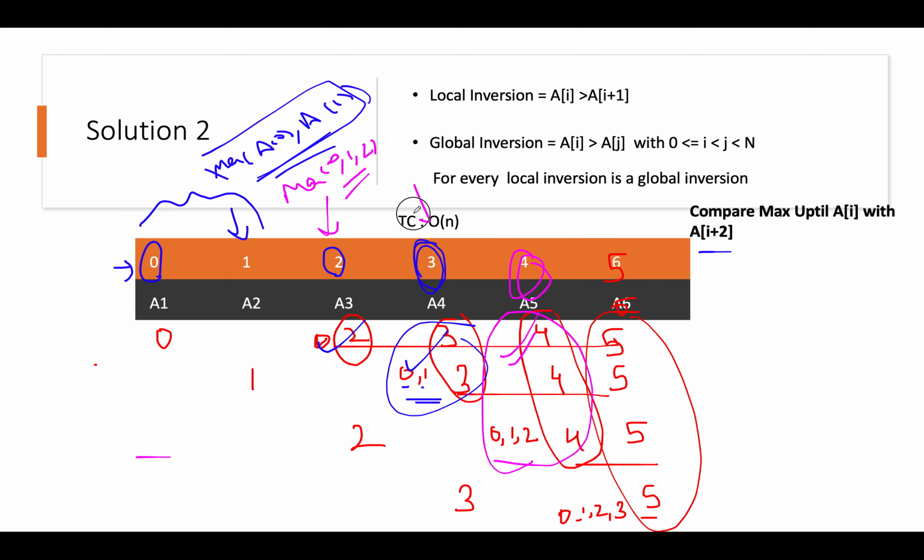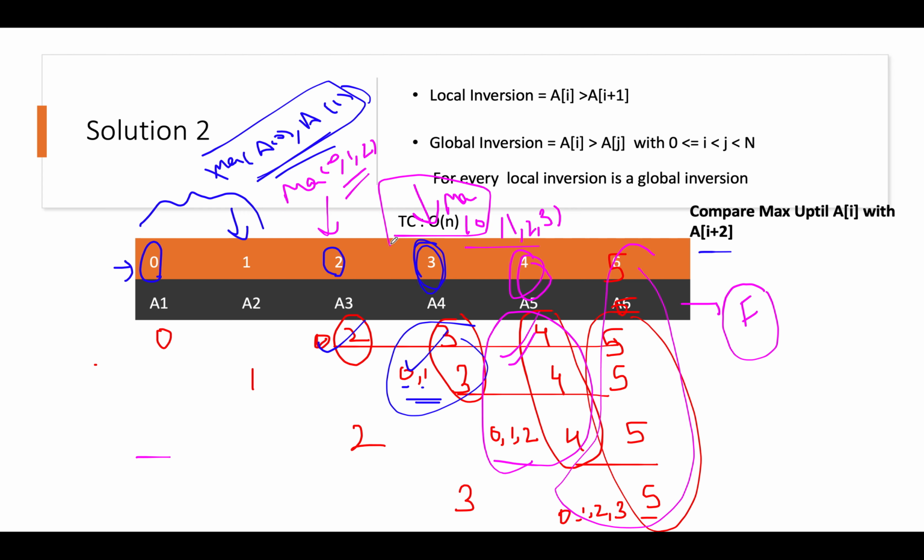Let's talk about another case where we get to a of 3. The first thing that we are going to do, max of 0 comma 1 comma 2 comma 3, and we'll compare it with a of 5, which again satisfies this condition. And if any of these values happens to be greater than a of 5, we abort the process and we return false from there. The max calculation can be done in linear time as we are moving across this array, as a result of which the time complexity reduces to order of n. I hope everyone got the solution, and let's just move on to the coding part.